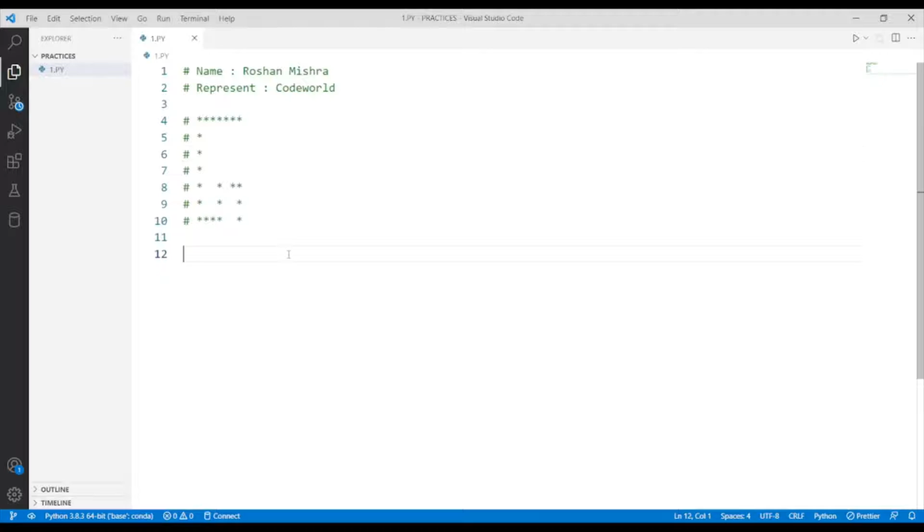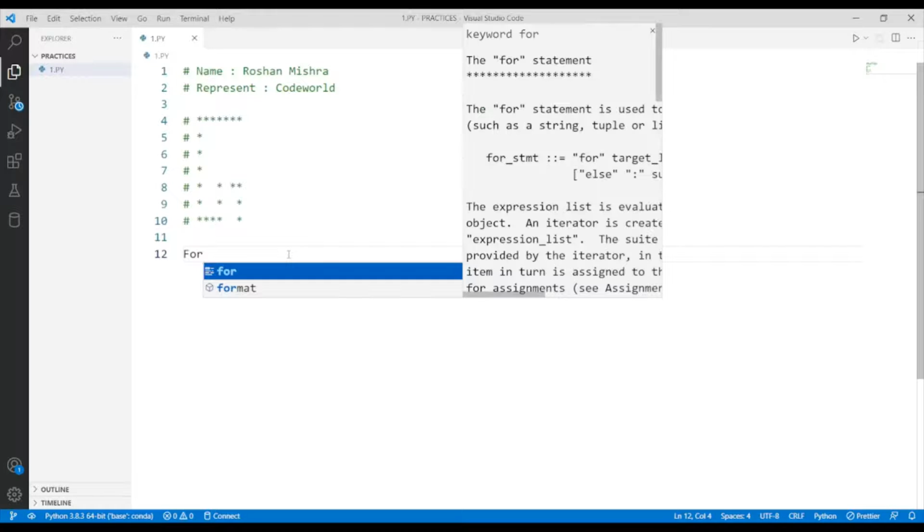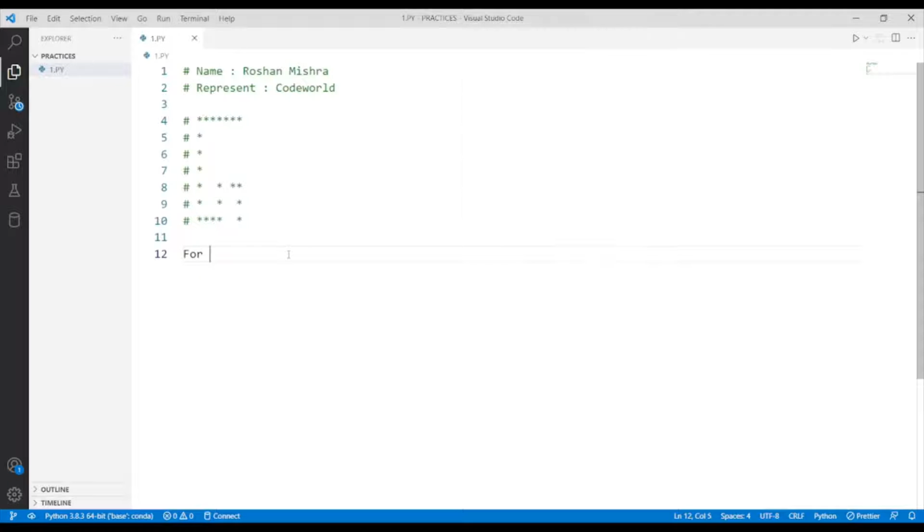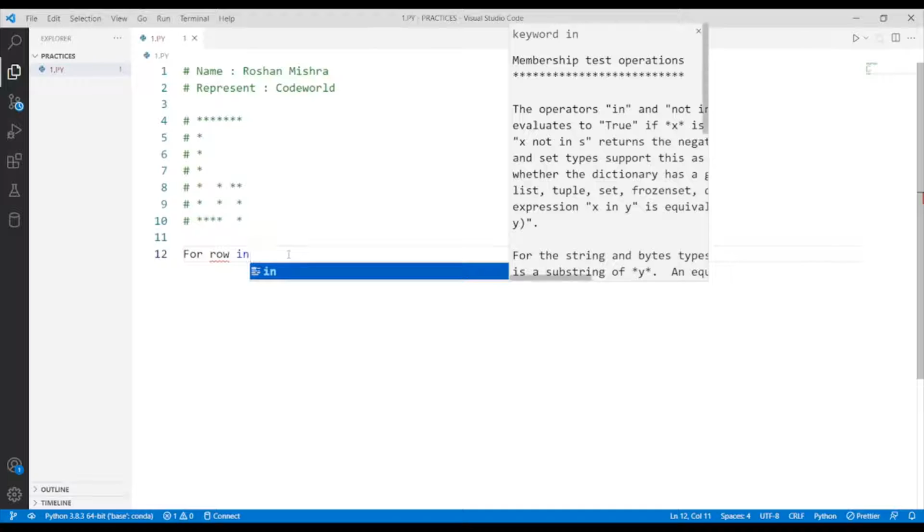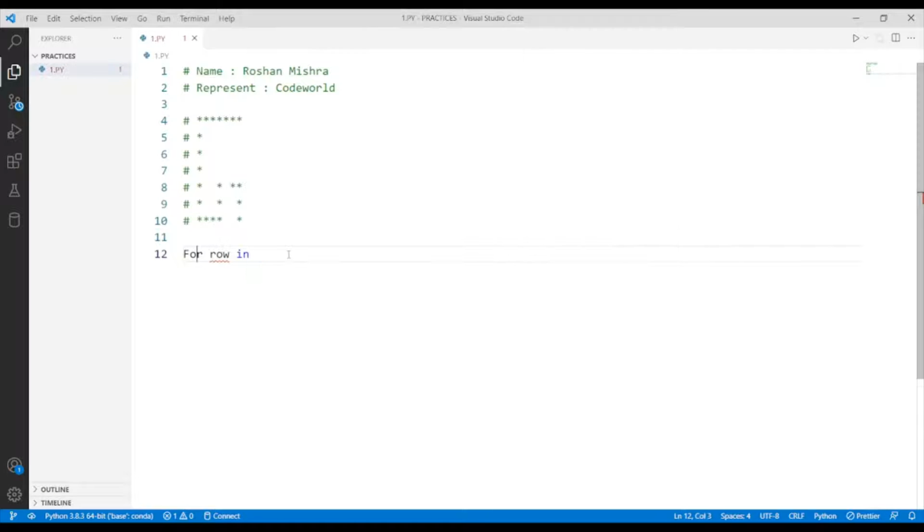Okay, so let's start. First of all, create a for loop for rows in, okay, this is not capital, it should be small because Python is case sensitive.